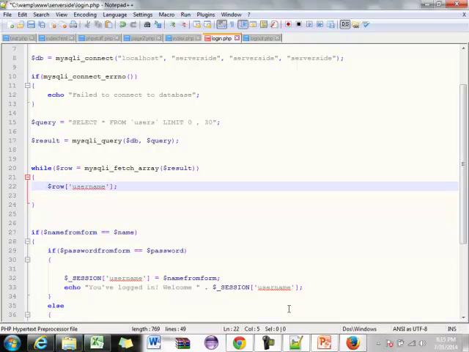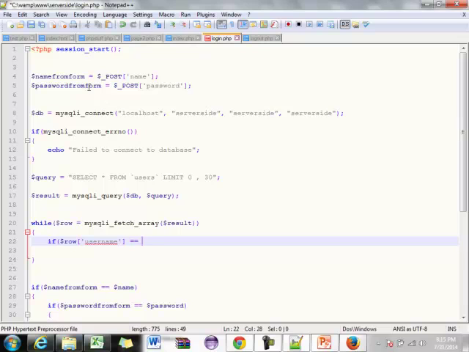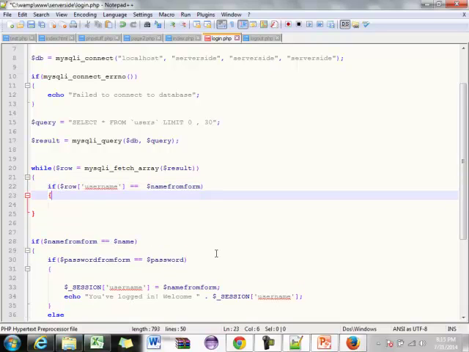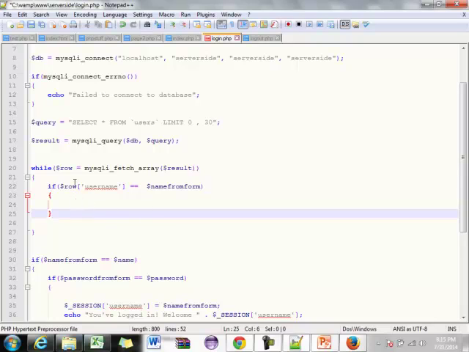So what I'm going to do is I'm going to say, so if the current username equals the name from form, right? It's basically this logic down here, right? If row username equals name from form,